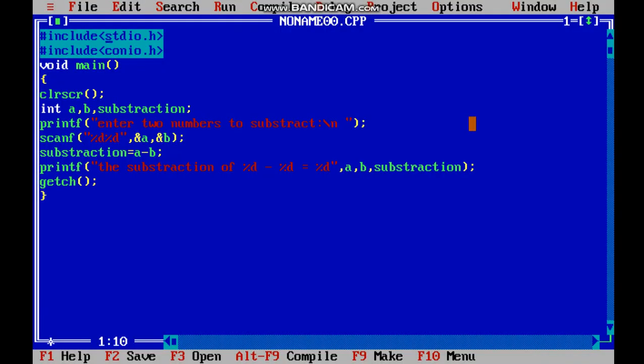Coming to the code, let us understand what exactly happened. See, I told you to learn this syntax, so you know about it. If you don't know, you can see my previous videos and know what it exactly means. Now our code begins from int.